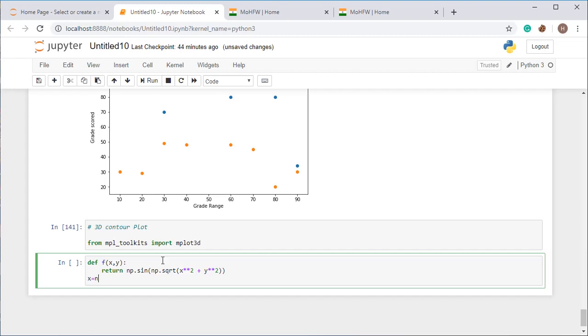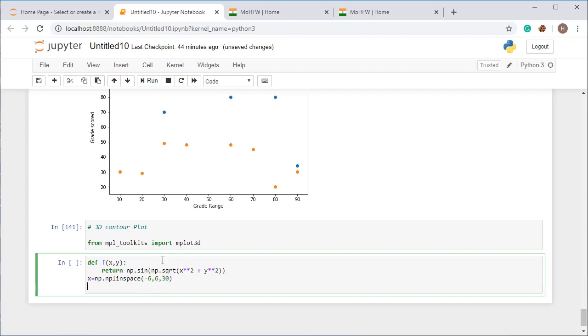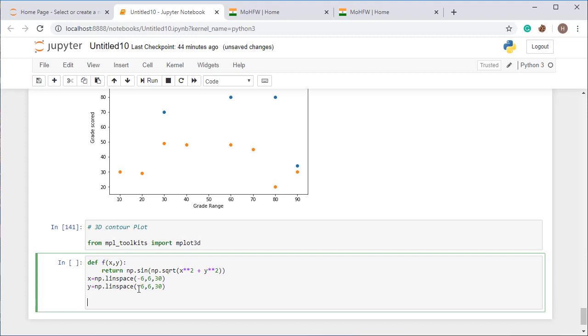All right. So x is equal to np dot linspace, just -6 to 6, and I want 30 points, and for y I want np dot linspace. I have used the wrong keyword here, so linspace, and I want it again from -6 to 6, and I want 30 different numbers between these two.